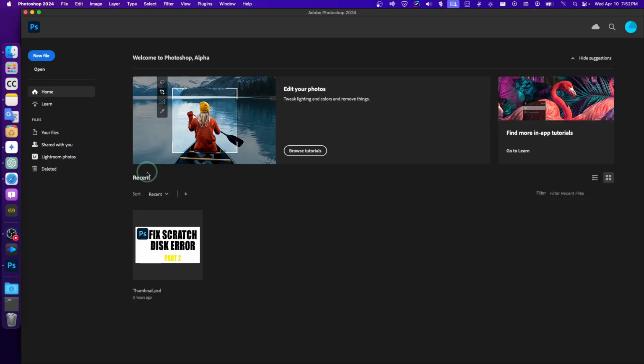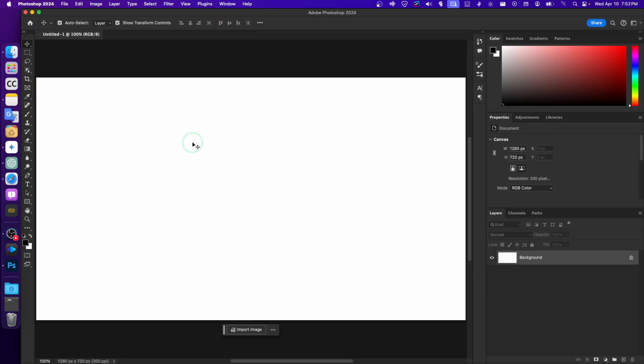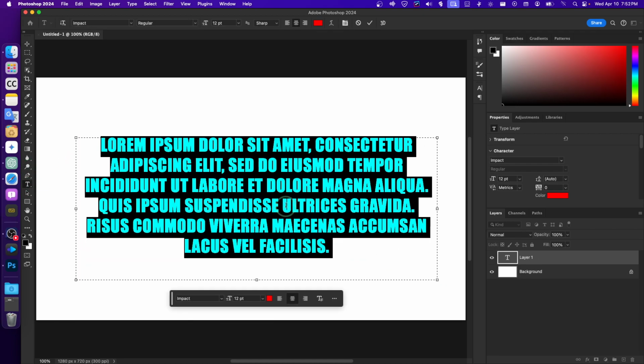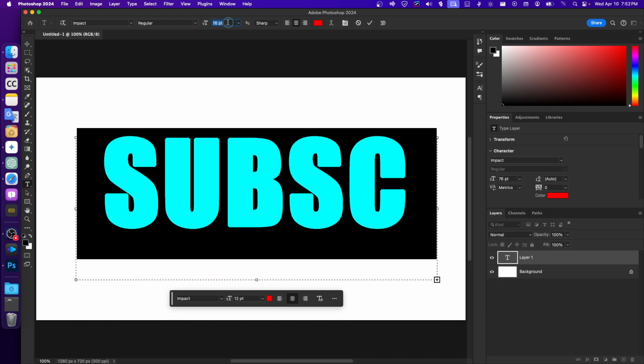I'm going to show you how you can export text without the background. So I'm just going to create here a new custom template, and here I'm just going to add some text. So I'll write here subscribe, and I'll increase the text,